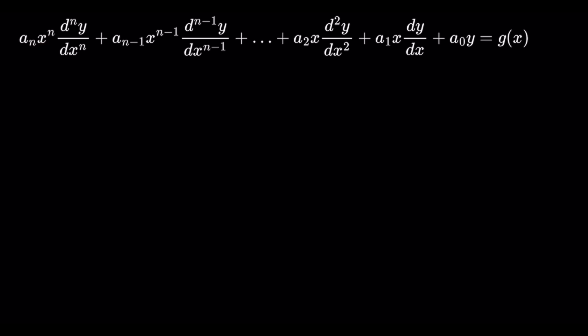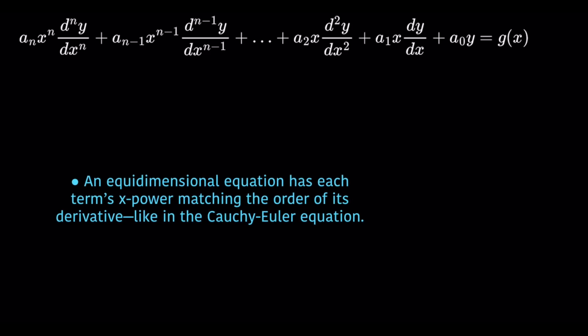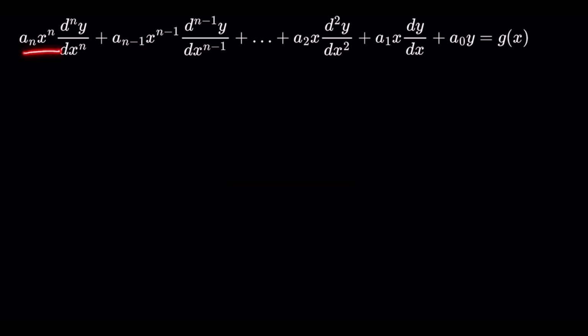So you can see that the power of x here is n, and its derivative is also n. Similarly, for the next term, for x power n minus 1, we have the order n minus 1. This is why it is also called the equidimensional equation, because the dimensions or the powers of x are consistent with